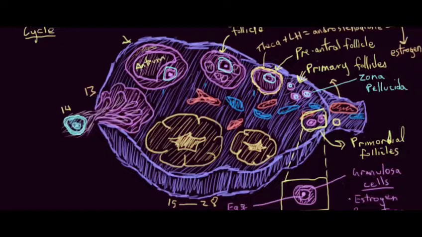Because the rest of the ones that we're developing along this pathway sort of degenerate and die off in a process called atresia. And I'll write that at the bottom here. And atresia just means to degenerate. So another note, in the ones that undergo atresia, both the follicle and the eggs they contain die off. And that means that a woman loses anywhere between 15 to 25 eggs per menstrual cycle to atresia, while only